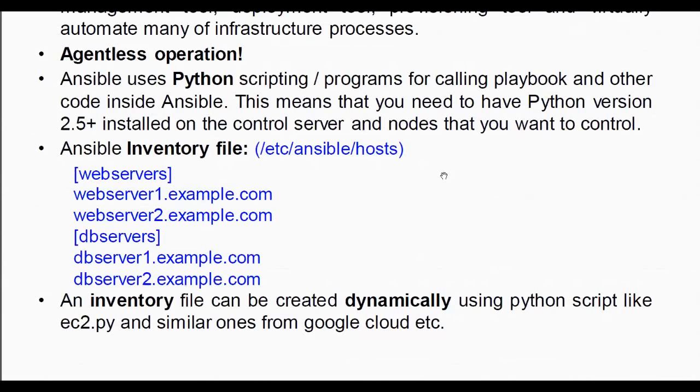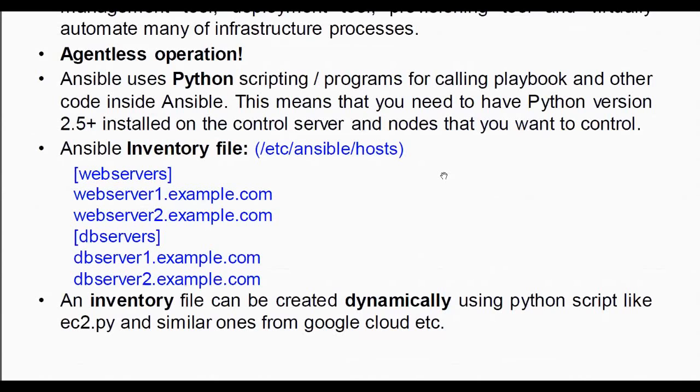Now there can basically be two types of inventory file: static and dynamic. Static is something that is maintained manually, whereas a dynamic inventory is something that is going to be managed automatically by some script or some code. You can write your own code, let's say a shell script or PowerShell script, or maybe a program written in Python or something like that, which can fetch the information of all the machines and nodes that you want to manage and keep a list maintained. So that is something I can manage or maintain dynamically.